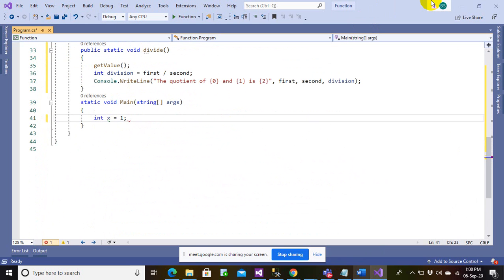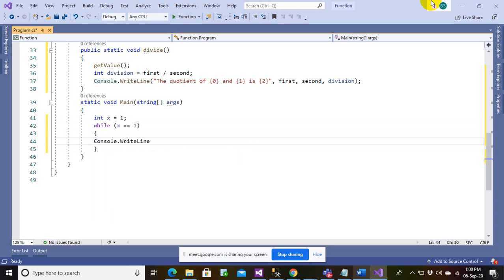Let's say x equals 1, while x double equals 1. Let me create a menu. Console.WriteLine: Press 1 to add.